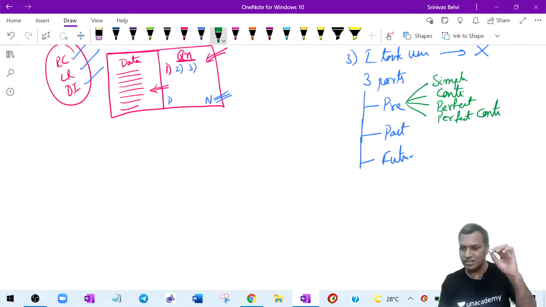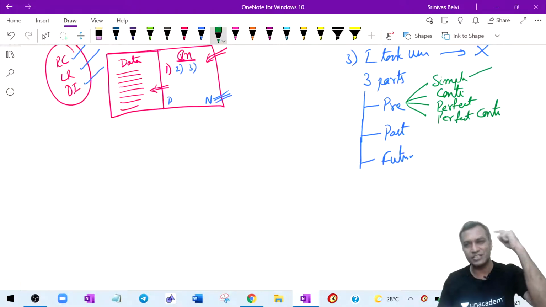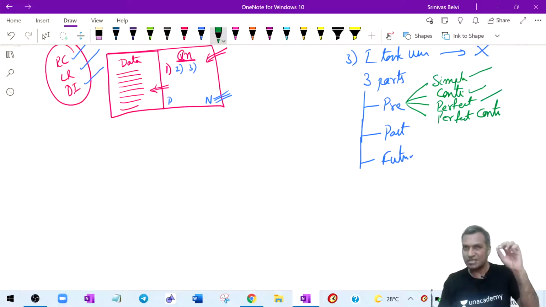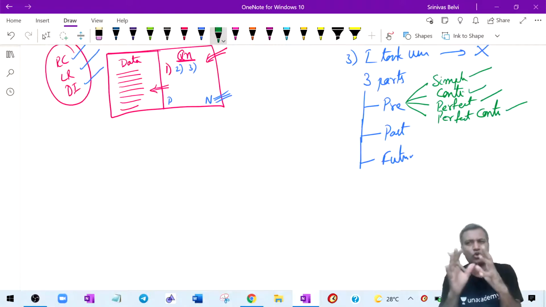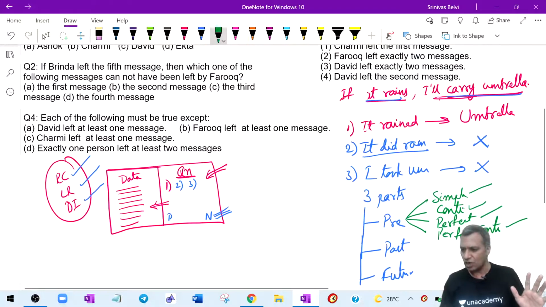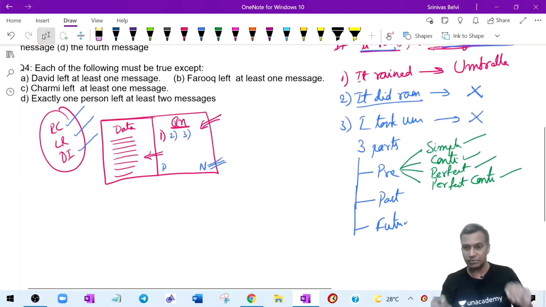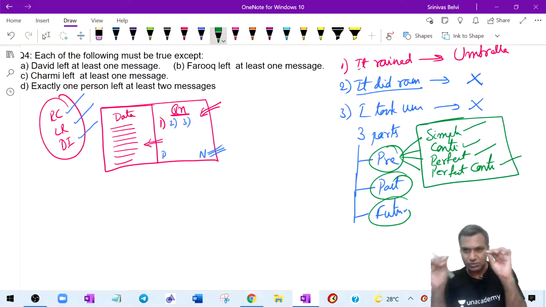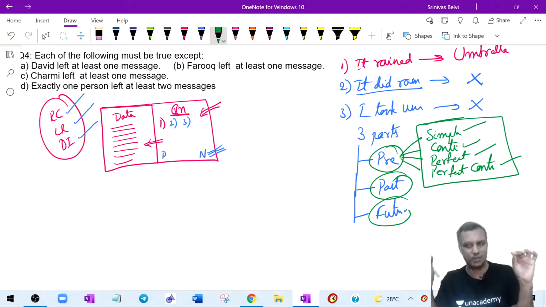There is a difference. When I say simple present tense, the message is different. When I say the same words but use the present continuous tense, I'm trying to convey something else. When I use present perfect, I'm trying to convey something else. And when I use present perfect continuous, I'm trying to convey something else. There is a lot of logic in grammar. That's my point. It is not just about conditional sentences, if then, if not then. It is not just about present, past, and future. Even inside the present, there are four types, and each carries a different message.